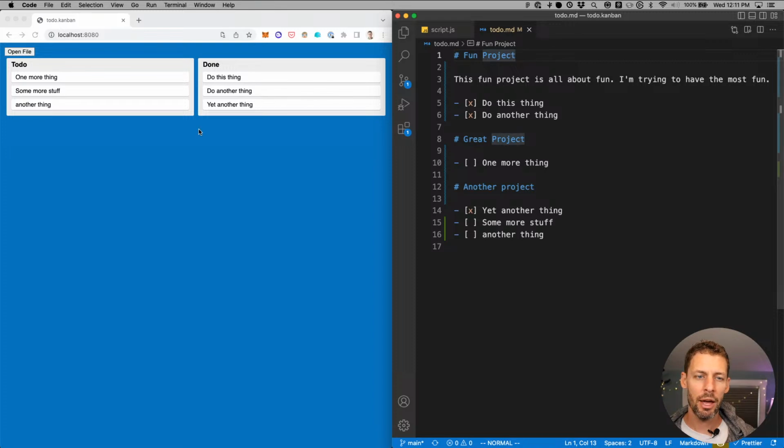And I've got some ideas around how to handle things like labels and that kind of stuff to make this Kanban a little bit more interesting. One of my more interesting ideas is actually the ability to mark a to-do as in progress by putting an I on it. If I do that currently and hit save, it disappears from the board because that doesn't parse as valid Markdown. So right now I'm using